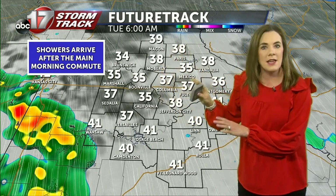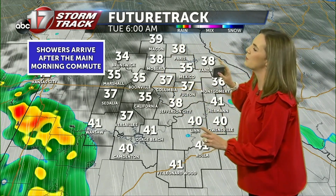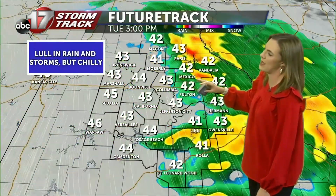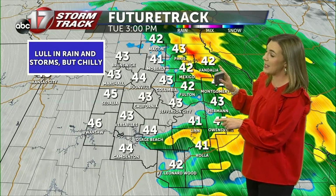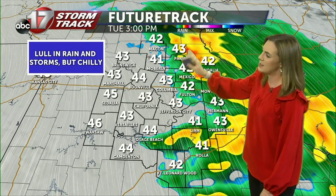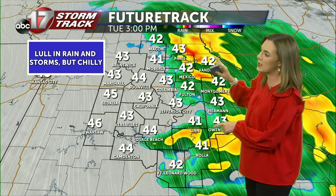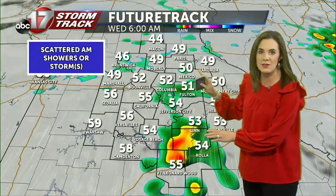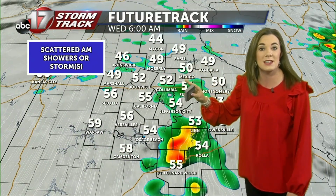Out the door, make sure you have your umbrella on hand, but I don't think you'll actually need it until about 8 or 9 o'clock. So showers start to work their way in from the west. We'll stop here again in the late afternoon. This is at 3 o'clock. Temperatures are in the 40s, and the majority of the rain and a few thunderstorms start to work their way onto the east. Most of the evening is quiet, but by the time we get to early Wednesday morning,